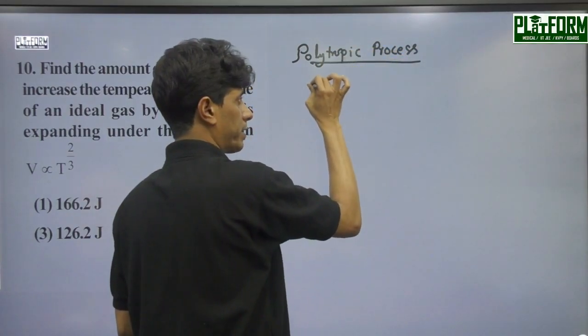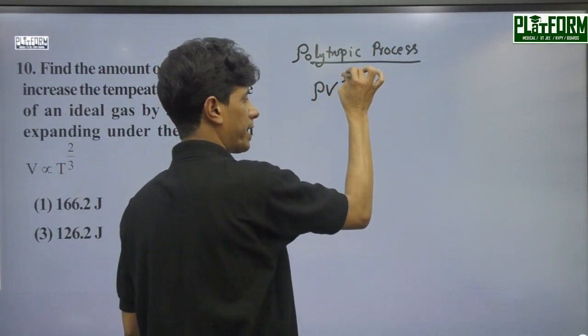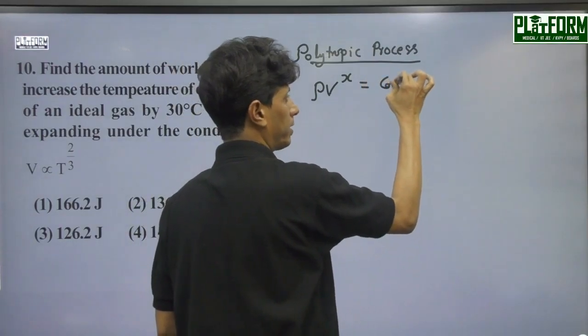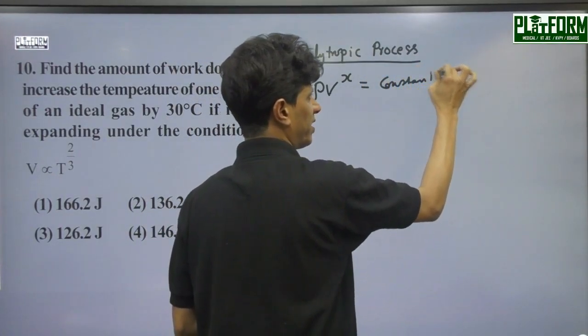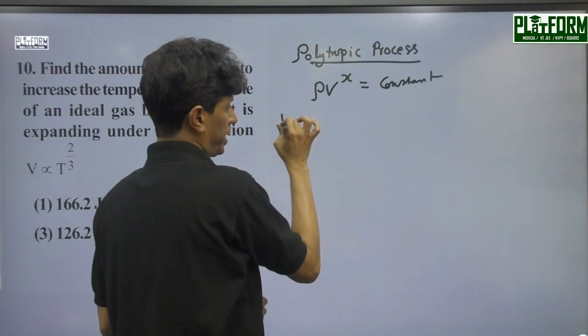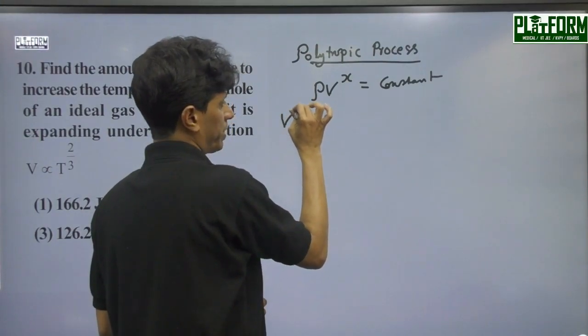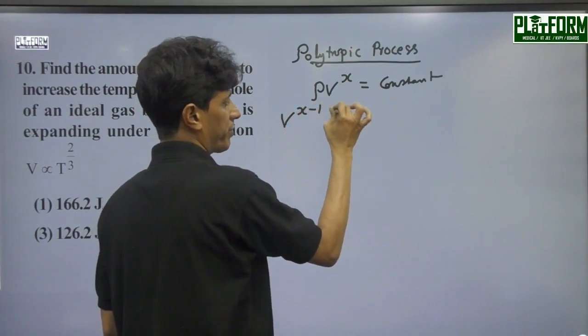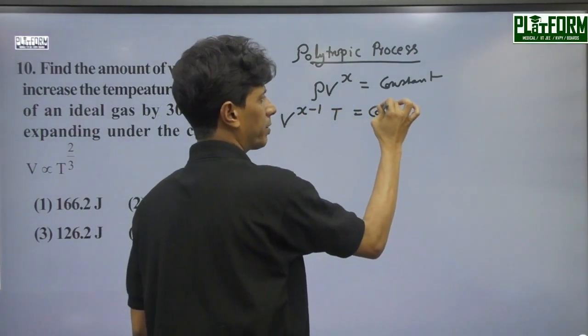If we write PV to the power x equal to constant, then the corresponding V versus T graph will be